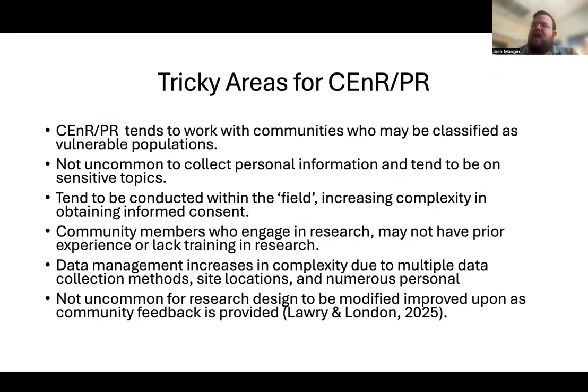That doesn't mean this type of research should not be approved by the IRB or that we should remove these type of tricky areas, but rather, how do we work with them? The first component is community engaged research